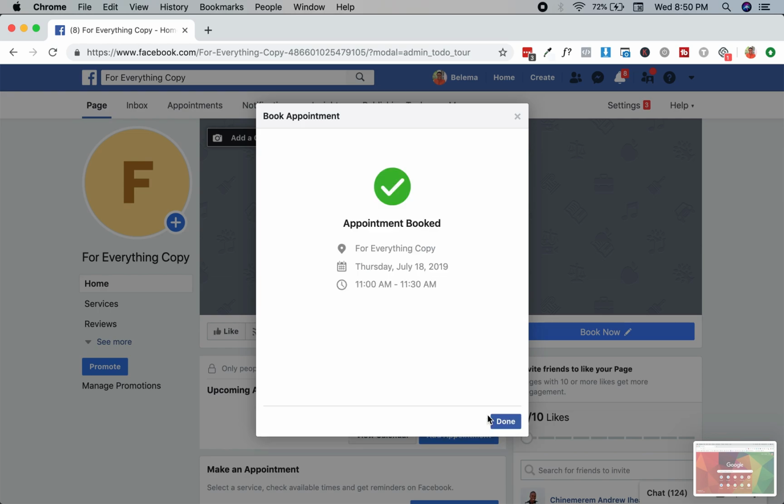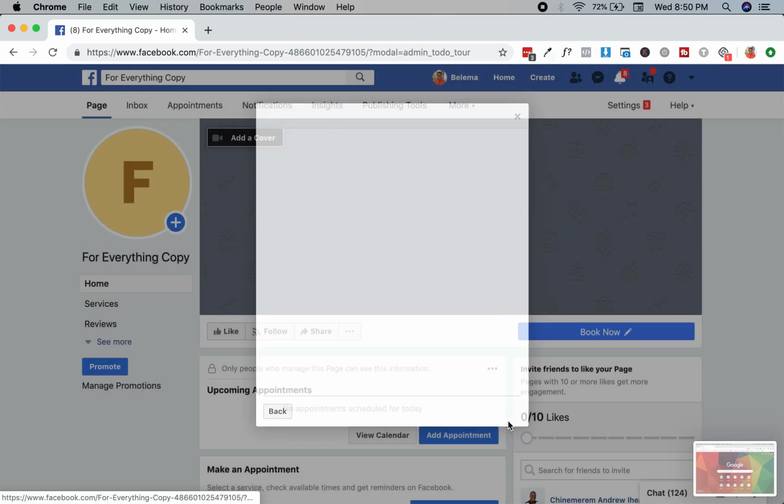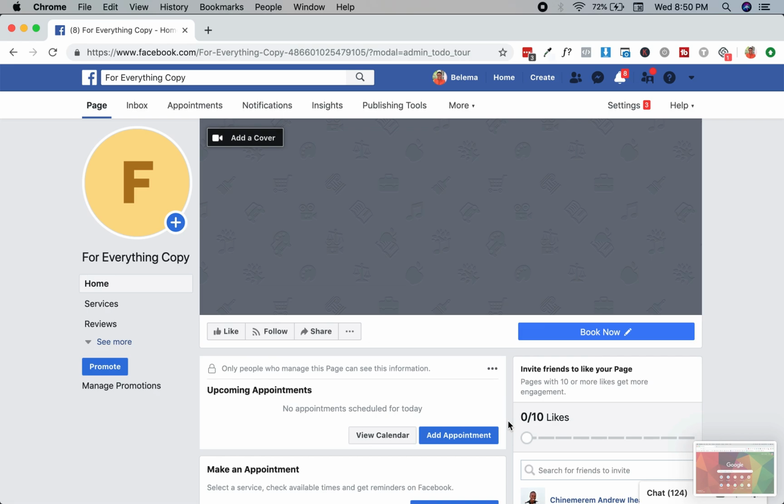So it will send all of it to them, and voila, that's it. So that's how you can get free scheduling on your Facebook page. You don't need Calendly, you don't need Acuity, but if you just wanted that extra pizzazz, I recommend this for people that don't have websites, so that you don't get people snooping around asking you, so where is your website? I would like to book a call. This is on your Facebook page, and it still looks as